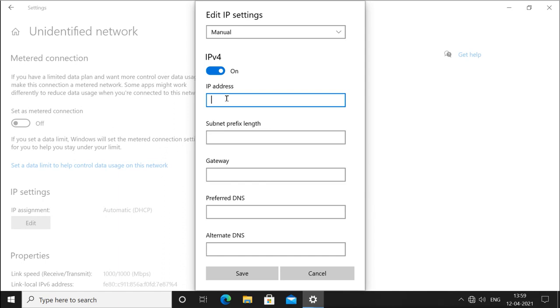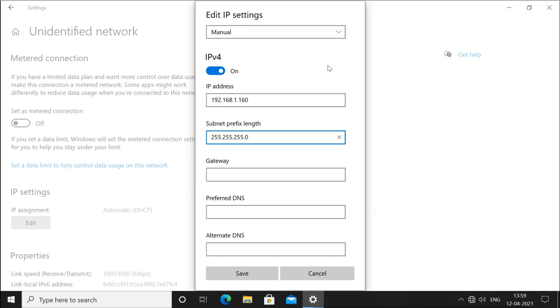Let's say for example I want 192.168.1.160. Then it is asking what the subnet mask will be. Because it is class C, it will be 255.255.255.0. The first three parts are the network part.